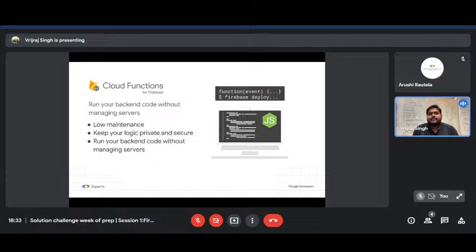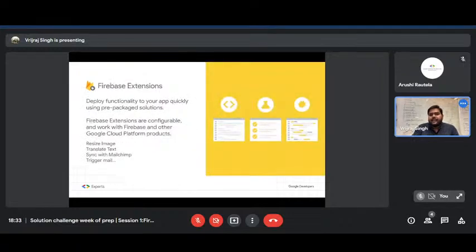Now let's say sometimes I need to write some custom business logic. So here you can use the concept of cloud functions. Here you can create custom business logic, meaning REST APIs or custom JavaScript functions, for example for backup or for triggering some mechanism in your backend logic. You can write cloud functions with JavaScript or TypeScript. And the next part is,